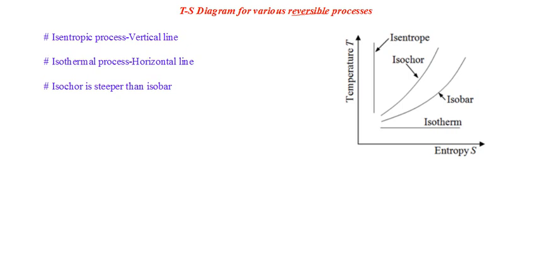For a reversible adiabatic process, the entropy change dS, given by dq_r over T, will be equal to 0. The reason is it's adiabatic, so there is no heat entering the system, so there will not be any entropy change due to heat transfer. Moreover, the process is reversible, so there is no chance of entropy production or entropy change by any other means.